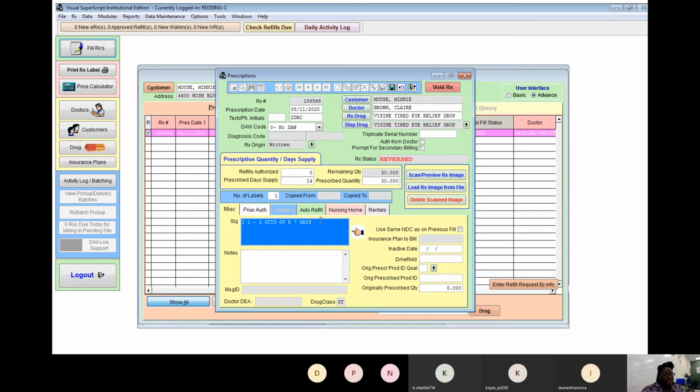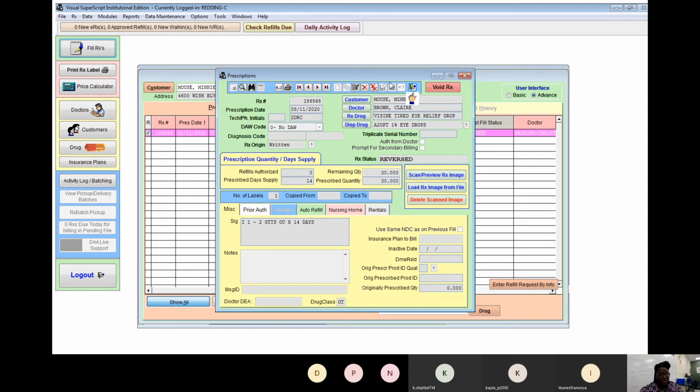So in this case, it's instill 1 to 2 drops into both eyes for 7 days. What if the day supply, remember we're changing it, what if it was really for 14 days? So now I've changed my directions, I've changed my quantity, I've changed my doctor information. And so whatever I change, I can now click save, and it saves whatever I just